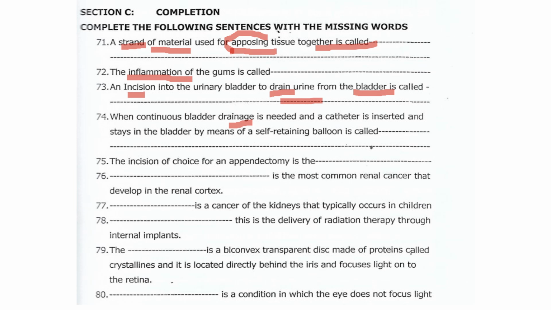Now, listen, urinary catheterization is a procedure used to drain the bladder and collect urine through a flexible tube called a catheter. So a catheter is just a tube which is being inserted. Okay, are we there? We go to 75. The question says